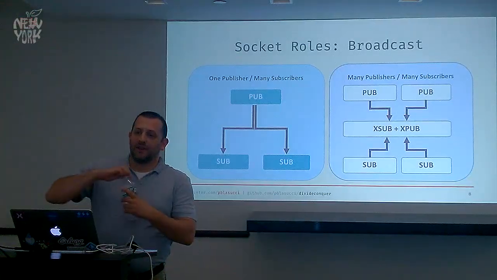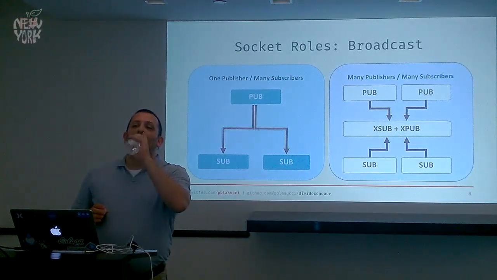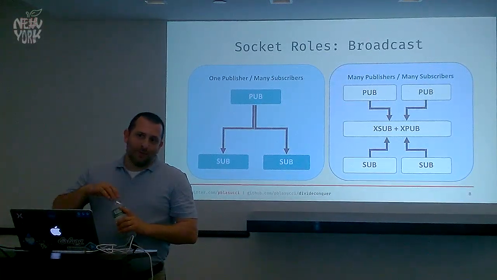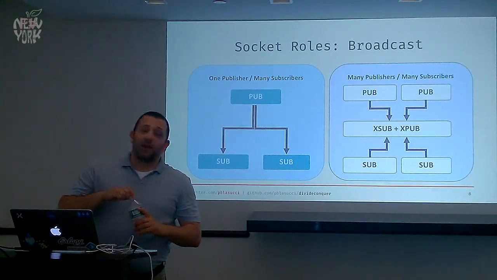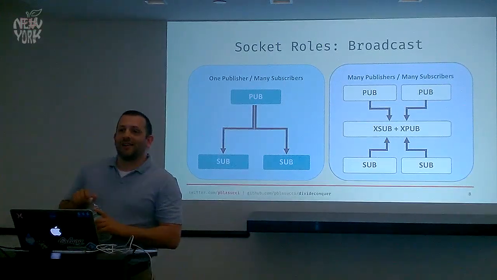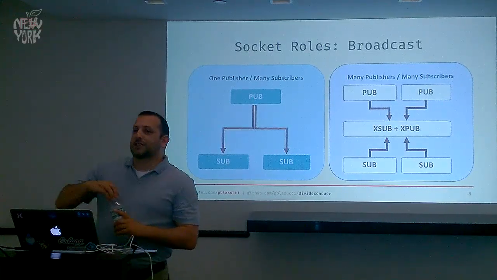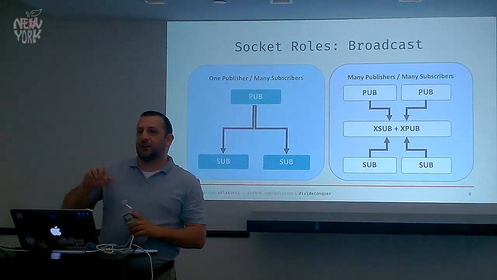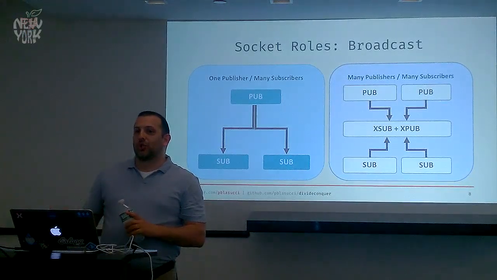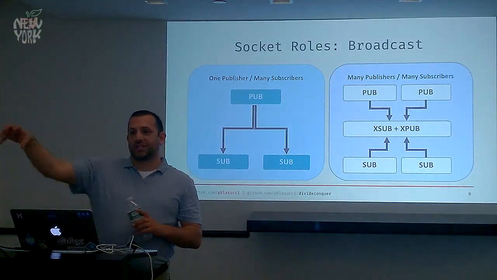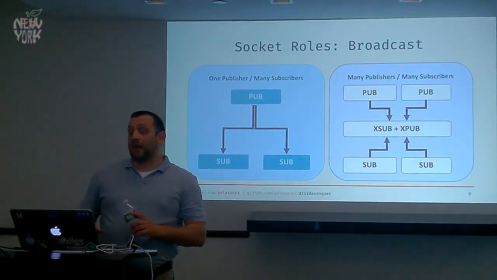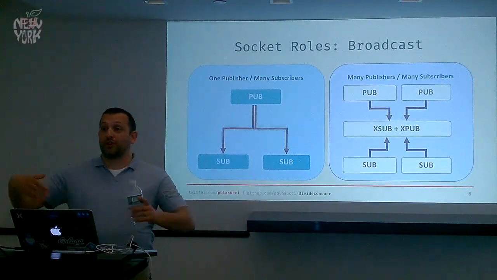All right, if I'm moving too fast, oh, yeah, have a question. So with router and dealer, XSub and XPub, would these be things where you have intermediate nodes? They could be. Certainly for XPub and XSub, it's typically a proxy. It's typically a thing you stick in the middle, and its only real feature is it's a known stable node in your topology, and it doesn't do very much but shuttle things from A to B.